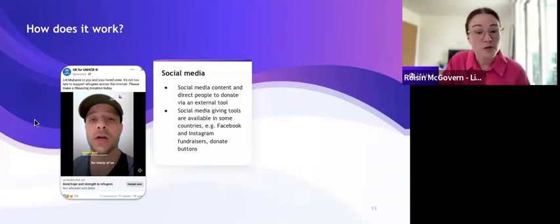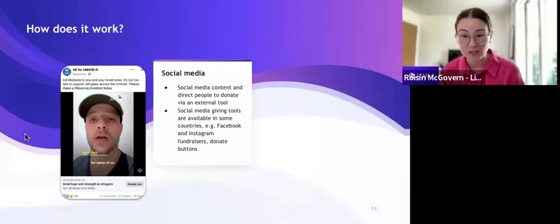Now we have a few different social media fundraising examples to show you what it looks like on different platforms. Up first, you can see a Facebook ad with the Donate Now button integrated. The organization here has obviously put some budget behind this post, using some of Facebook's paid advertising features.